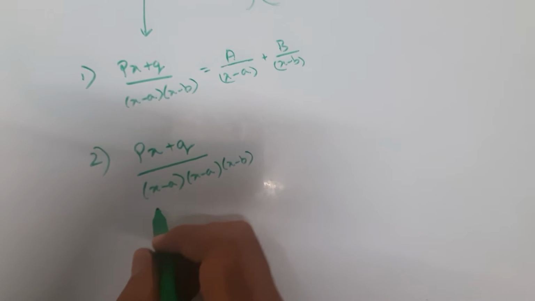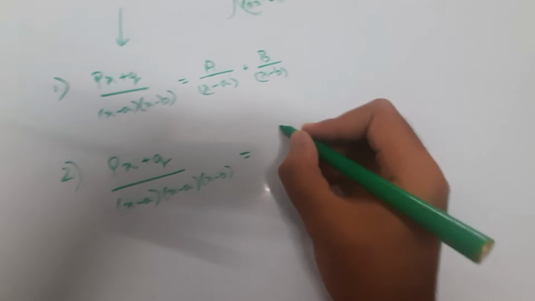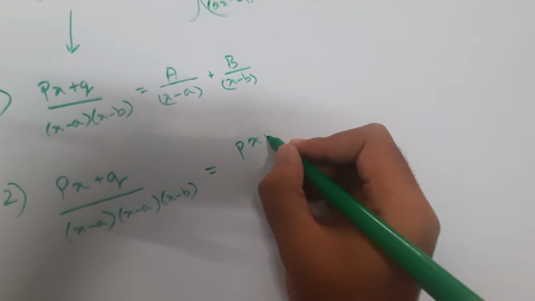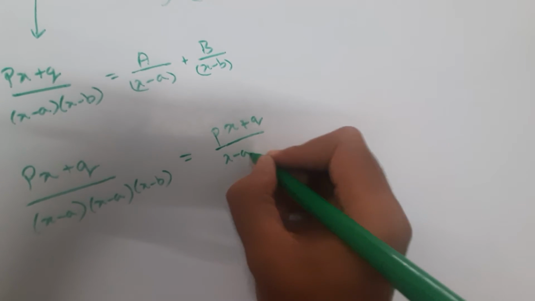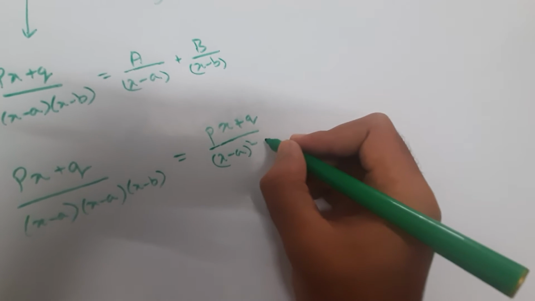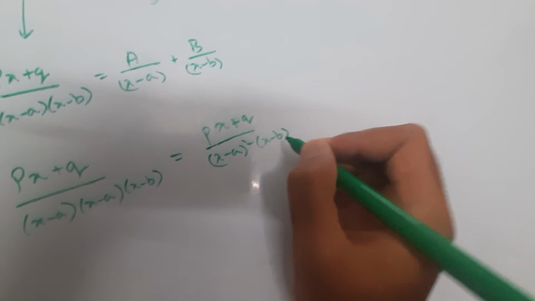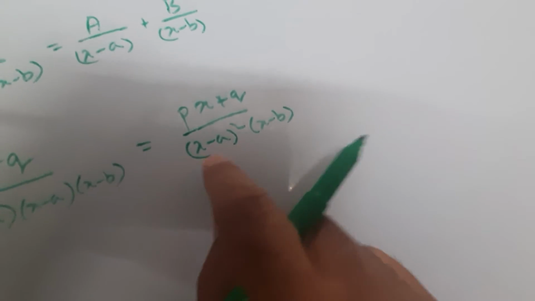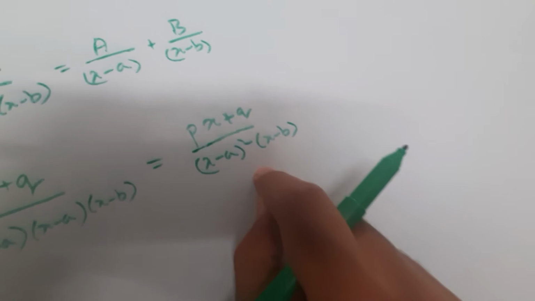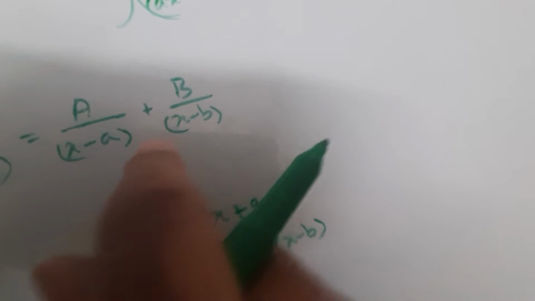Or to put it simply, it's just going to be (px+q)/((x-a)^2(x-b)). Here you can see you've got a square, and when you see that square, you can't do it normally like you do it here, okay? Whenever you see this, what you're going to do